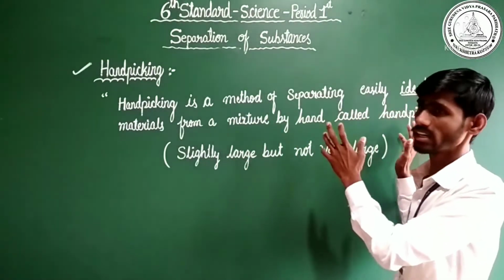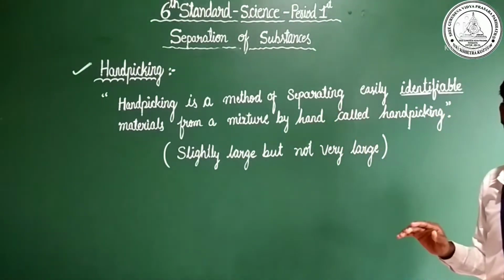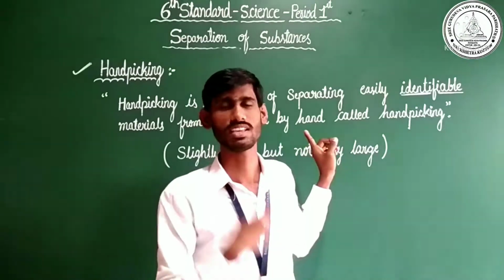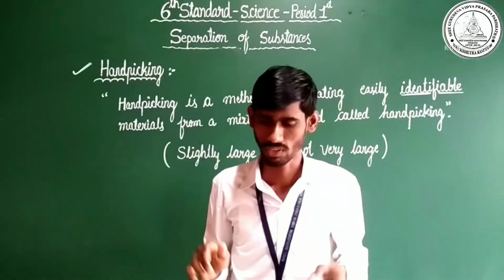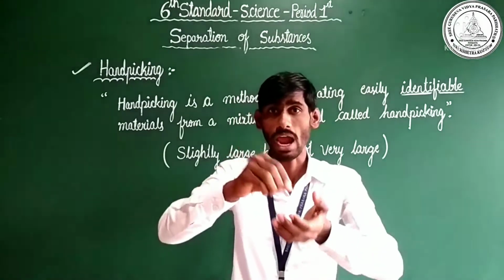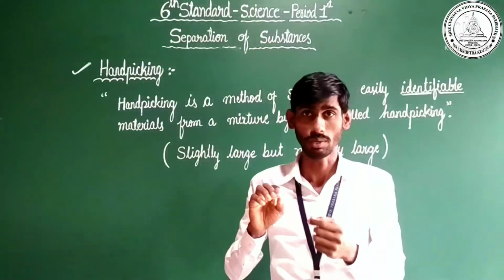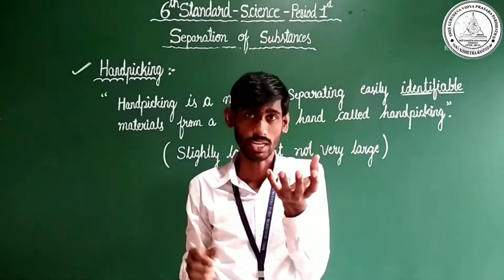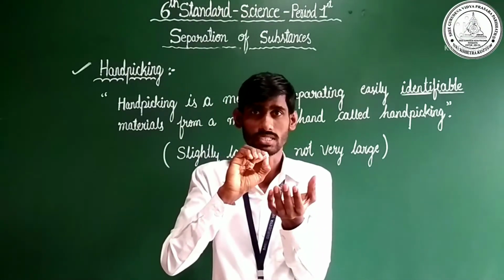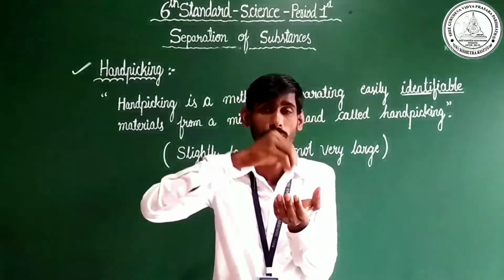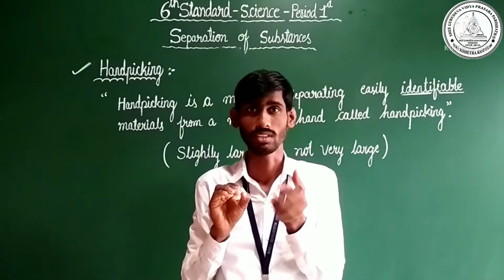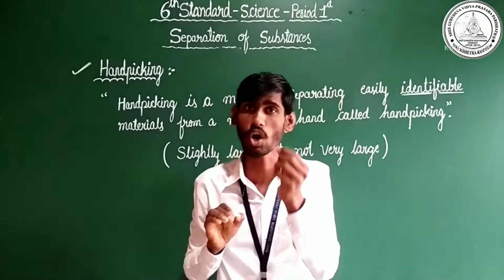All of you please learn the definition of hand picking. Dear children, pause the video and read the definition once, twice or thrice. It's not a problem. Now, the process of preparing rice. Before preparing rice, your mummy does hand picking. Your mummy uses the method of hand picking because the pocket of rice has waste materials, stones, dust particles, and also rice. So your mummy picks the dust particles and stones and throws them somewhere. This is hand picking. And preparing poha.